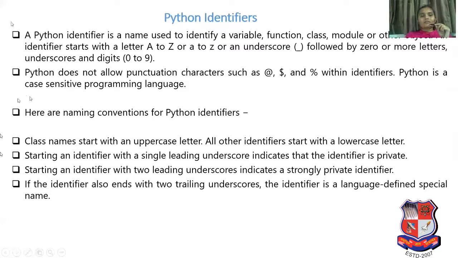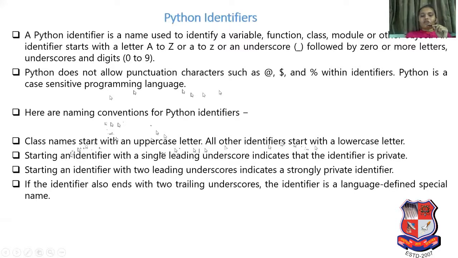An identifier starts with a letter A to Z or small a to z, or you can start with an underscore, followed by zero or more letters, underscores, and digits 0 to 9. Python does not allow punctuation characters such as @, $, and % within an identifier. Python is a case-sensitive programming language. Here are the naming conventions for Python identifiers. Class names start with an uppercase letter.